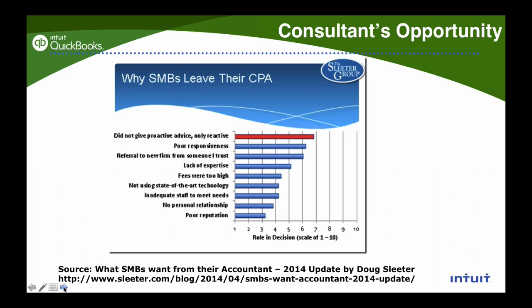So Doug Sleeter at SleeterCon last year showed this slide. They did some extensive study asking small business owners why they leave their CPA, right? And the number one answer was that the CPA did not provide proactive advice, only reactive. So it is known in our industry that we are typically so focused on reactive advice that we forget about